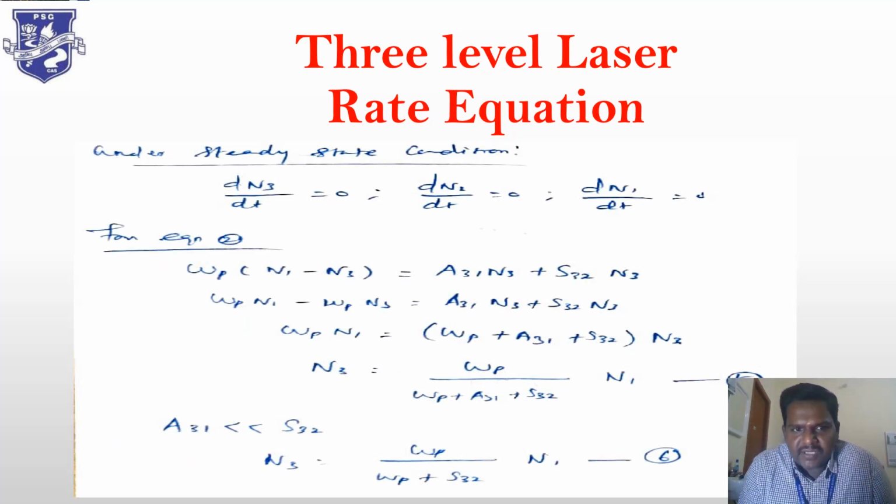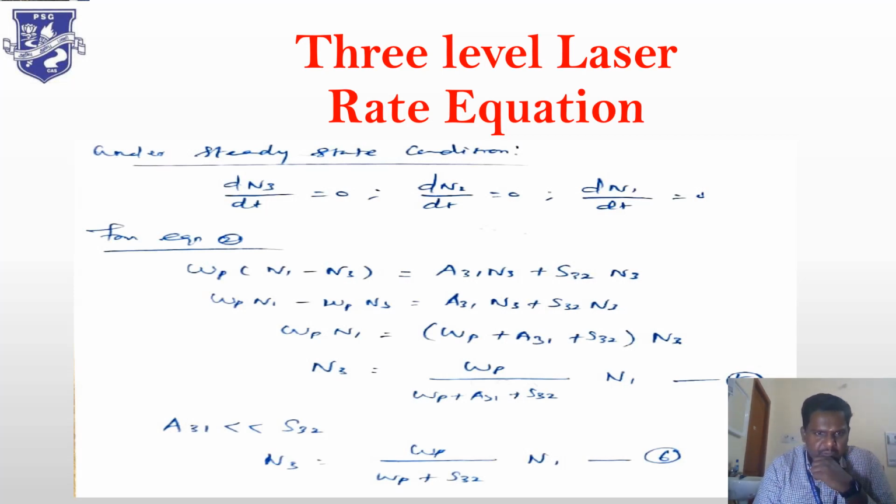Under the naturally steady state condition, these three rate changes have some conditions: dN3/dt equals 0, dN2/dt equals 0, and dN1/dt equals 0. Finally, whatever energy is given to the atoms that absorb and get excited, after some time span the atoms go directly to the ground state. That's what this steady state condition means. By applying these three conditions to the above equations 2, 3 and 4,